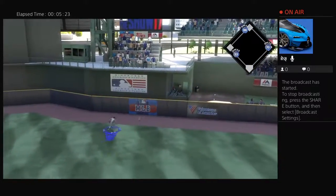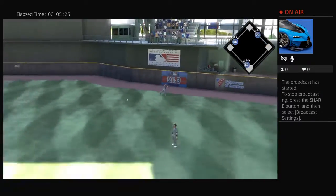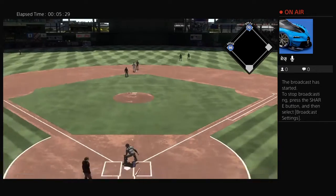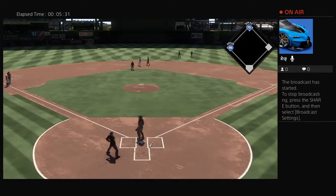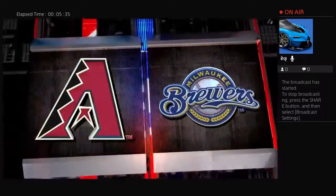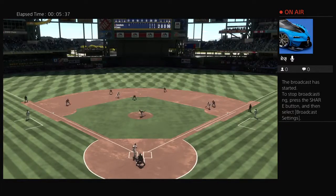And Braun ought to have extra bases here as this one's into the gap. The runner scores from second. And on the play, the runner moves into scoring position now at second. Yeah, he's not fooling anybody so far, Matt. Like you said, that's the second double he's given up here. And if he doesn't get things...